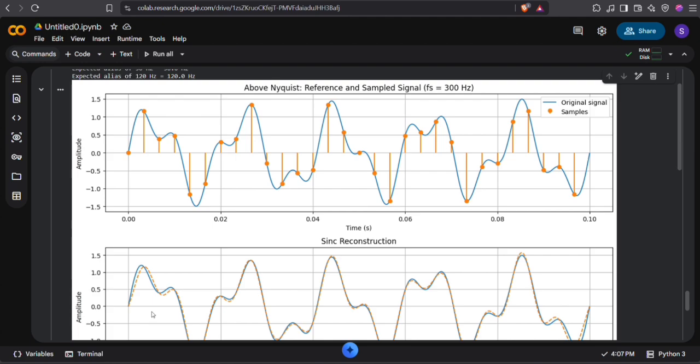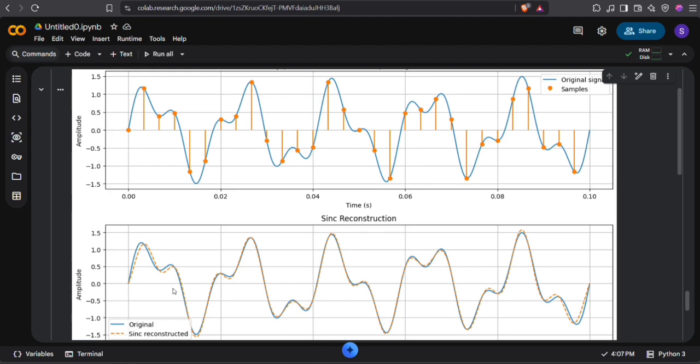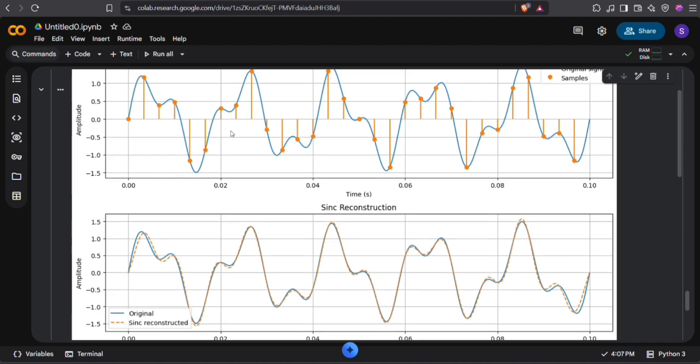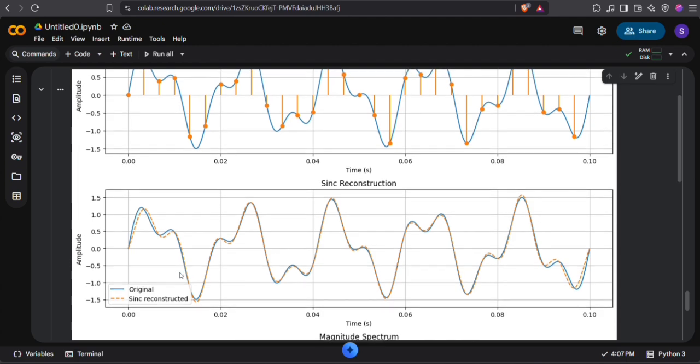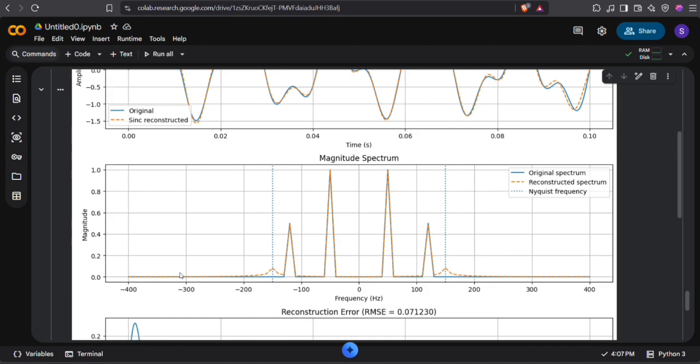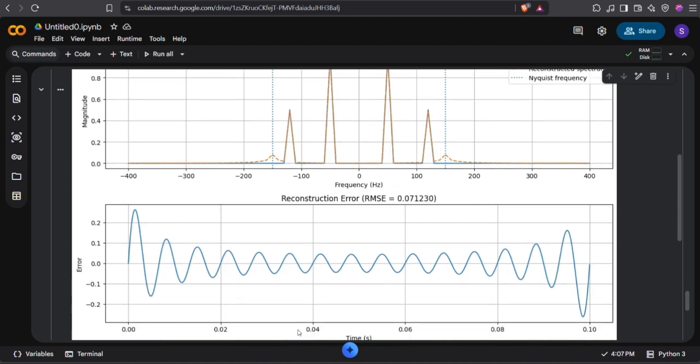And in graph 2, which is the sinc reconstruction, this is the reconstructed waveform. This is the main waveform, and it is the reconstructed one. And the third is the magnitude spectrum, wherein the two main frequency components are 50 and 120 hertz. Here it is 120 hertz, and in case 2